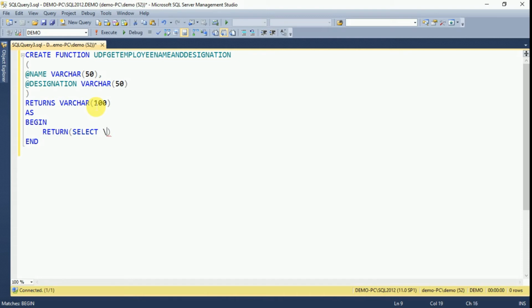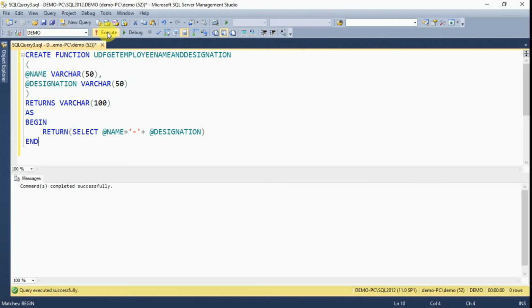Select name and we need designation also, that is, we have to pass the parameter designation. Click on execute. So our function is created here.